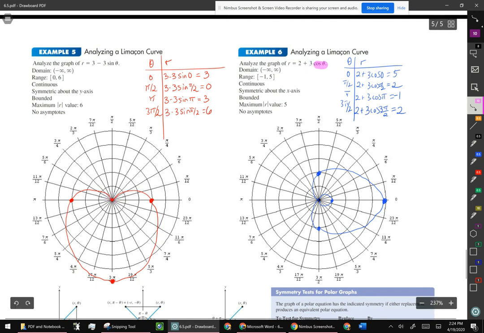But if your A is smaller than the B, that means you're going to get a negative for the radius, which means when you draw this part, it's going to be negative, so it loops in like that. And then it's going to come back out and follow these. So it's got to go from a radius of 5 to 2 to then -1, then to 2. And that's why part of this quadrant is negative, and then part of this quadrant is negative to positive. All right. And that's why you have that rule